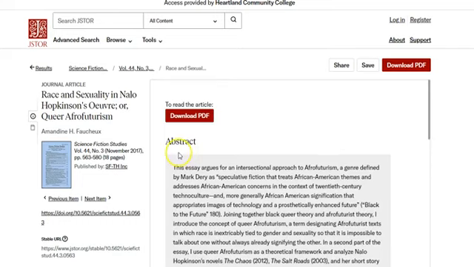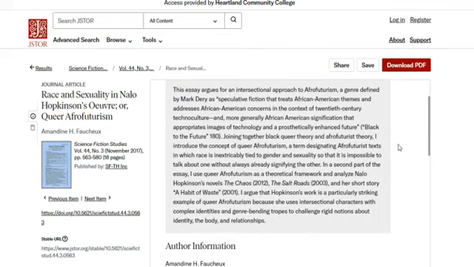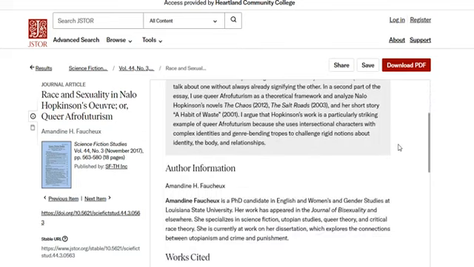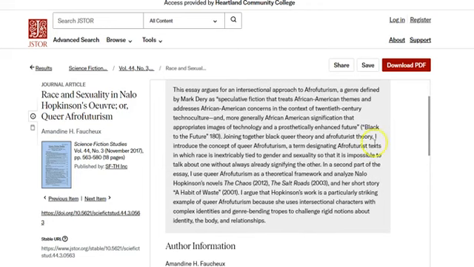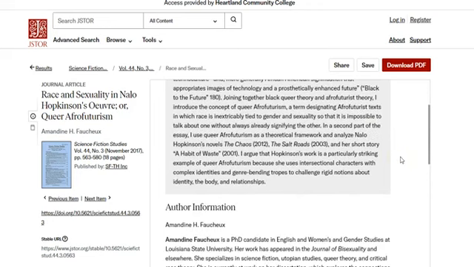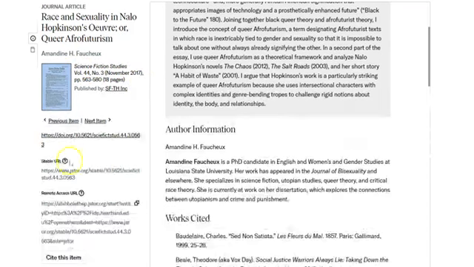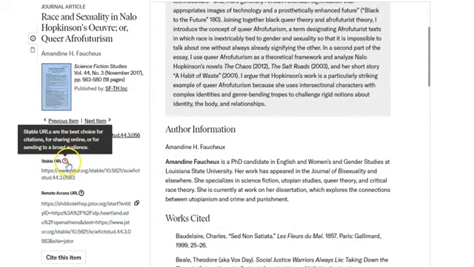When I'm looking at an abstract, that's the summary of the article, which can be super helpful, so I don't have to read through the whole thing. I can just skim through it and see if it's going to be helpful for me. Here's all the information about this article. It was published in Science Fiction Studies in 2017. Here's the stable URL,